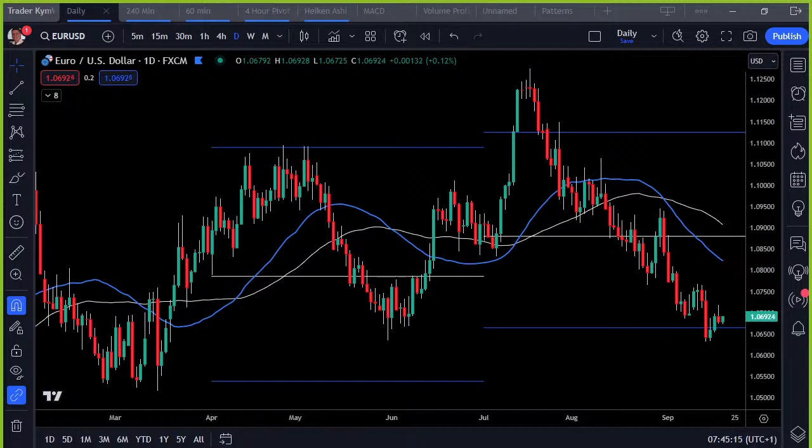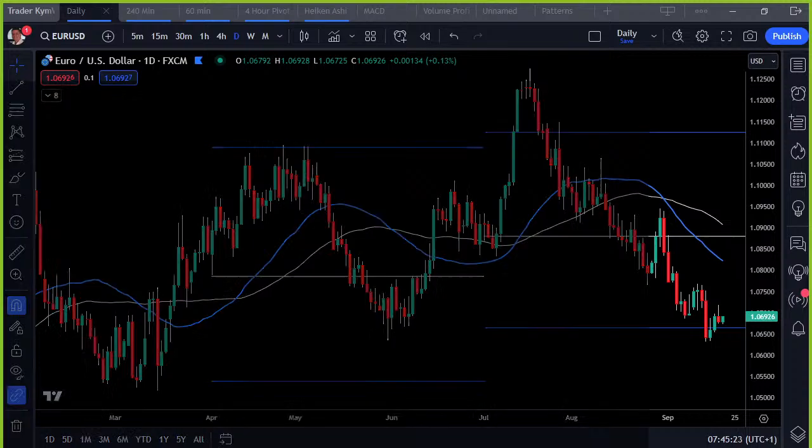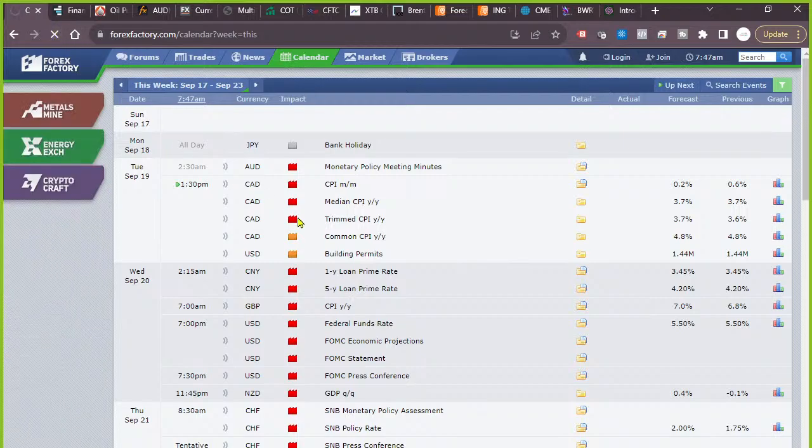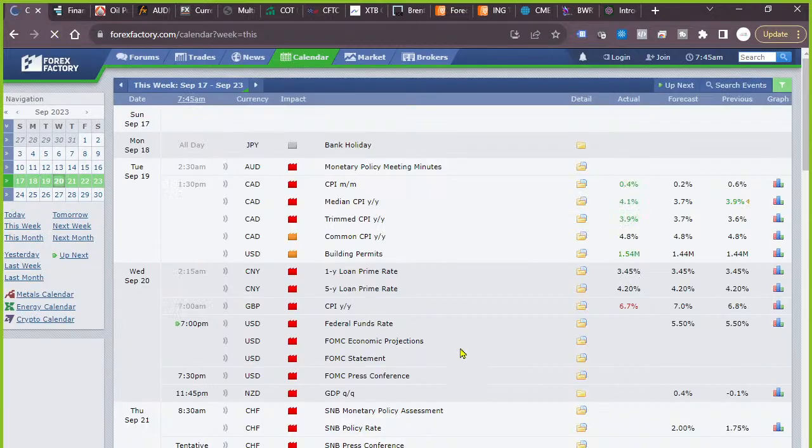Good morning, welcome to Morning Outlook. This is Kim speaking on Wednesday the 20th of September. Before we get on with the technical analysis, let's have a quick look at the data due to come out today. It's Wednesday the 20th, so of course that means the FOMC meeting. Important data today on that. I'll come on to that in a moment. Just look at yesterday's data there.